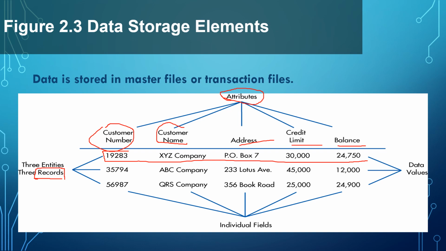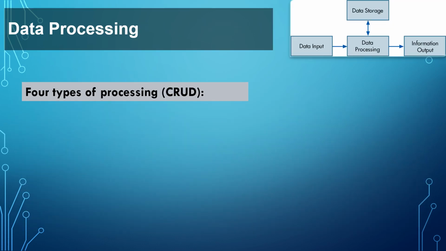The master file normally, as we said, is the posting general ledger, the data that will acquire the financial reporting information, whereas the transaction file is the initial temporary file recording the elemental attributes of the transaction. Now we will talk about data processing. In data processing, there are four types of processing: